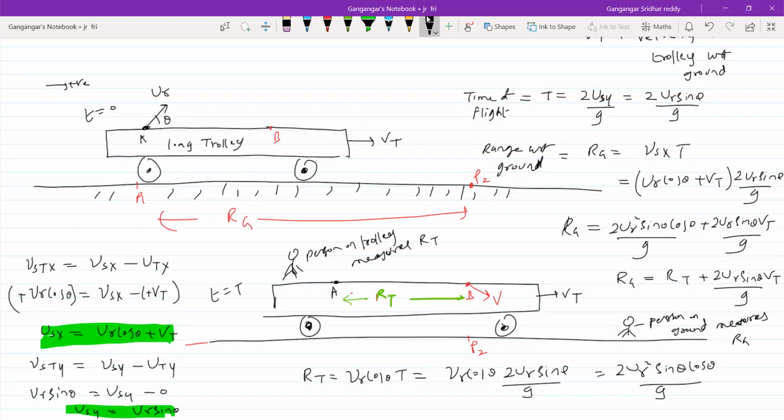Are you able to understand? The frames of reference are different here. Do make observations. I'll take the next condition. I think these conventions are very important. This plus minus: anything directed towards the right, I'm going to take as positive.